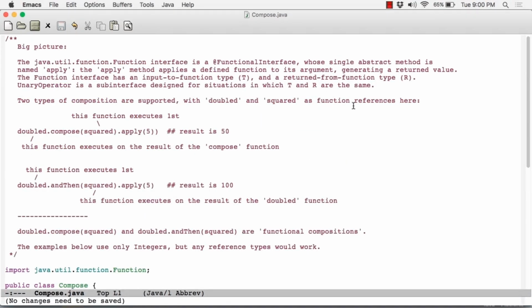This lesson takes a look at functional composition. As the name suggests, you can define functions and then combine them in different ways. We've seen this a little bit with predicate already because we've seen both predicate and predicate negate. In effect, these are ways of combining predicates together. We're now going to take a more general look at how this can be done with the various functional interfaces available in